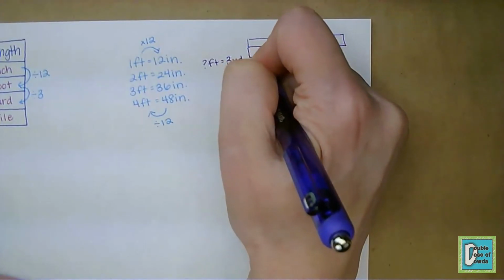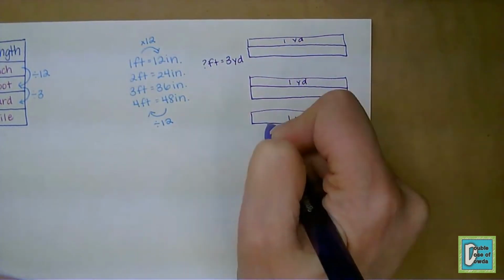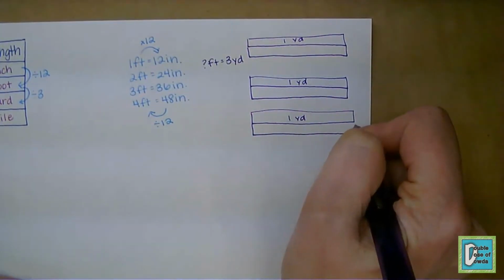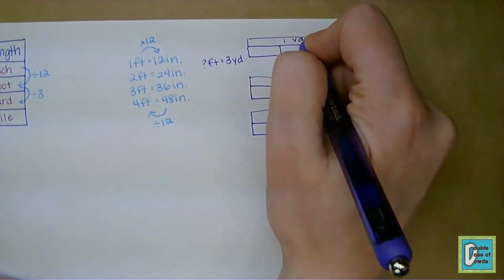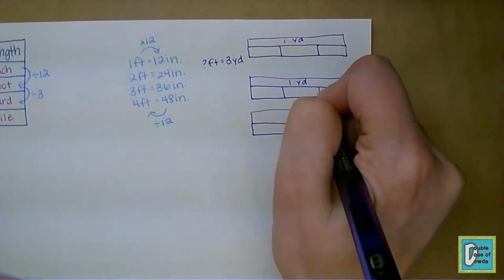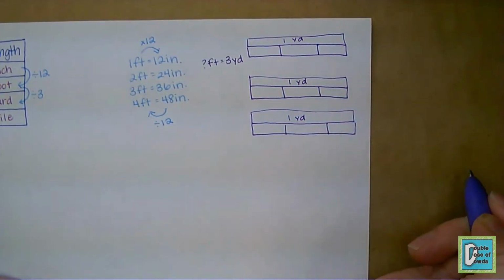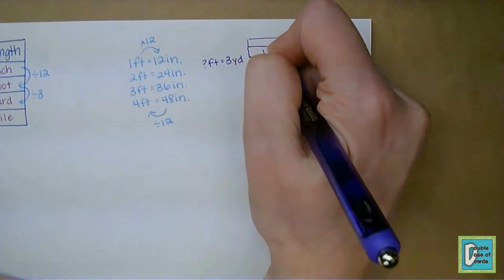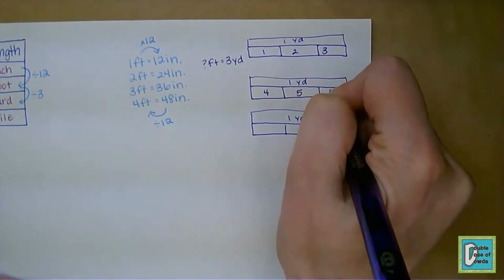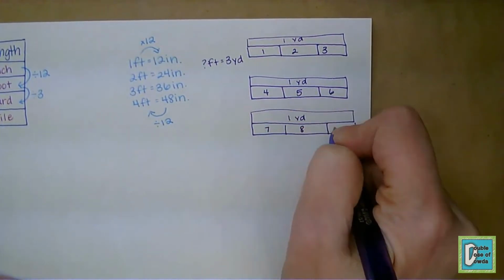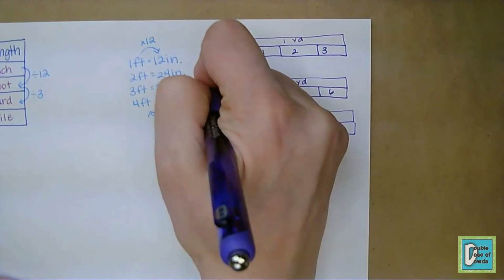So in this case, for some students, it really helps if we can get visual with them. So I've got 3 feet in 1 yard. I've got 3 feet in the second yard, and I have 3 feet in the third yard, and then they can count those: 1, 2, 3, 4, 5, 6, 7, 8, 9, and that helps them to visually see that 9 feet